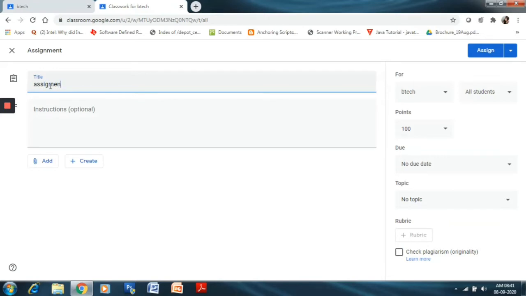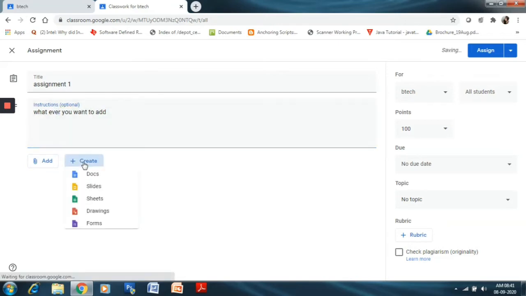So this is my assignment 1, and now you can add the instructions here, whatever you want to add. And you can add some files of question papers, like a photograph of the question paper or whatever you want to upload. And you can also create some Google Docs, Slides, Sheets, Drawings or Forms to give assignments.